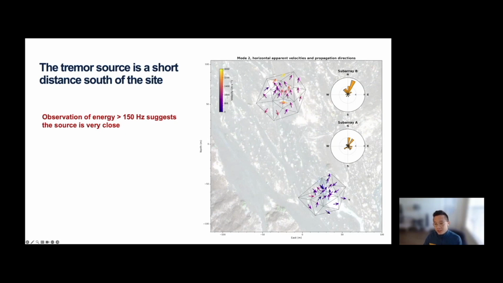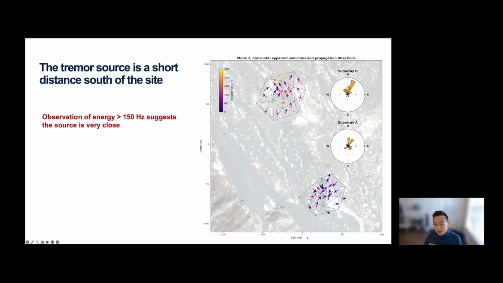So that facilitates the propagation of slow surface waves. Whereas for array B, some of the stations were located on bedrock, which facilitates the propagation of fast body waves. So this tells us that the source is likely located south of our site, but it doesn't really tell us